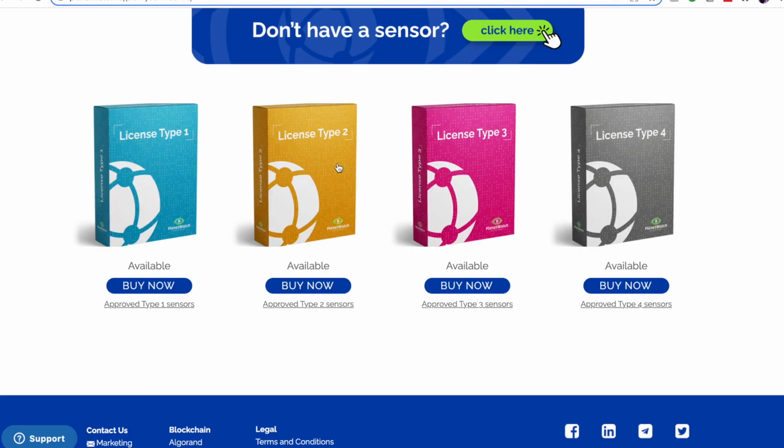So what are the licenses? Put simply, the licenses are what connect your sensor to the Planetwatch network, and you have to purchase this in order to be able to onboard it. Otherwise, you'll have a sensor that works perfectly fine in monitoring the air, but you won't be able to earn